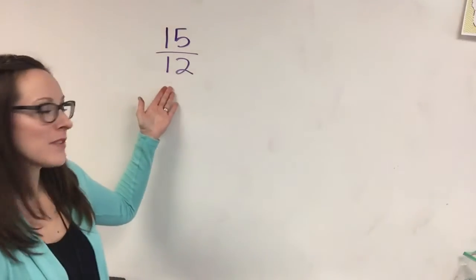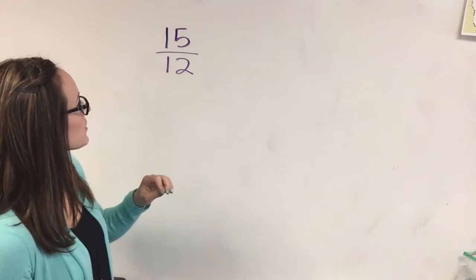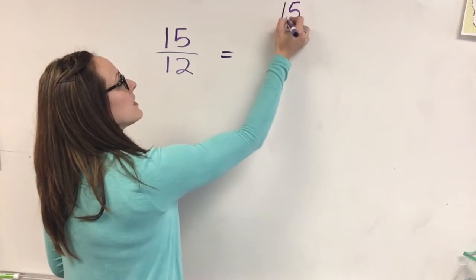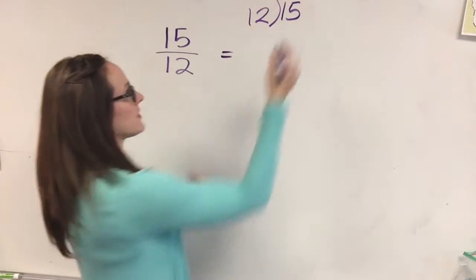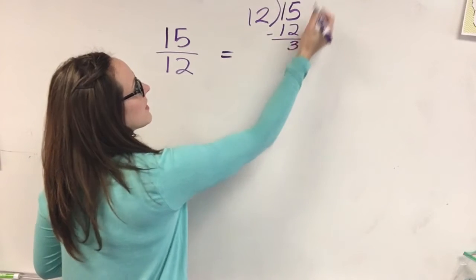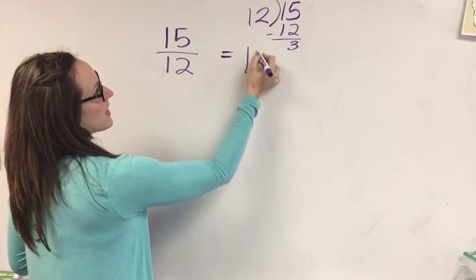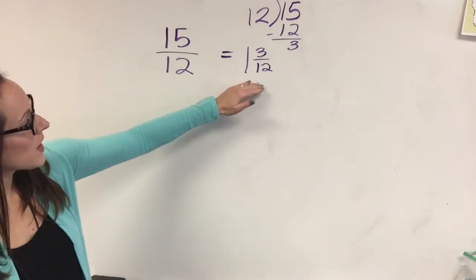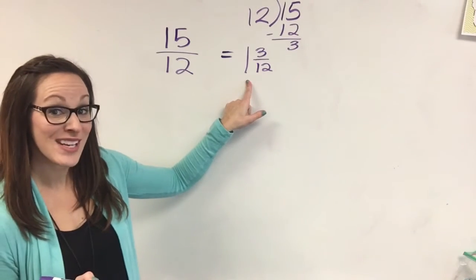So this improper fraction I have right here is 15/12, and if I wanted to turn that into a proper fraction, I of course take 15 divided by 12, and 12 goes into 15 one time, and I end up with 3/12. So I have 1 and 3/12. Well, 1 and 3/12 is in fact a mixed number, and that's correct, but it can be reduced,